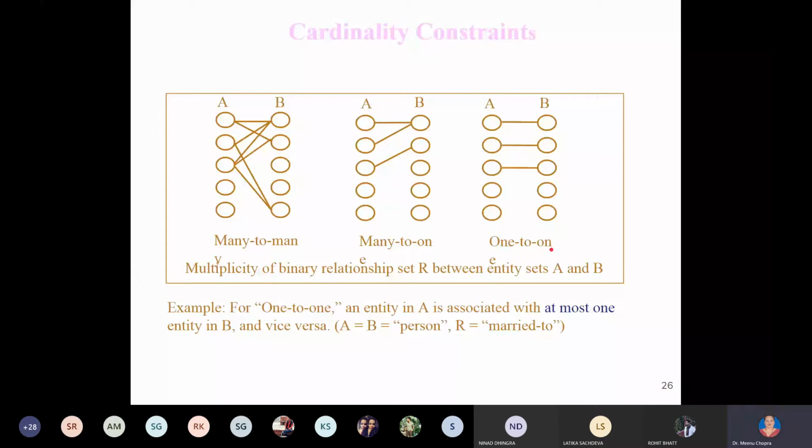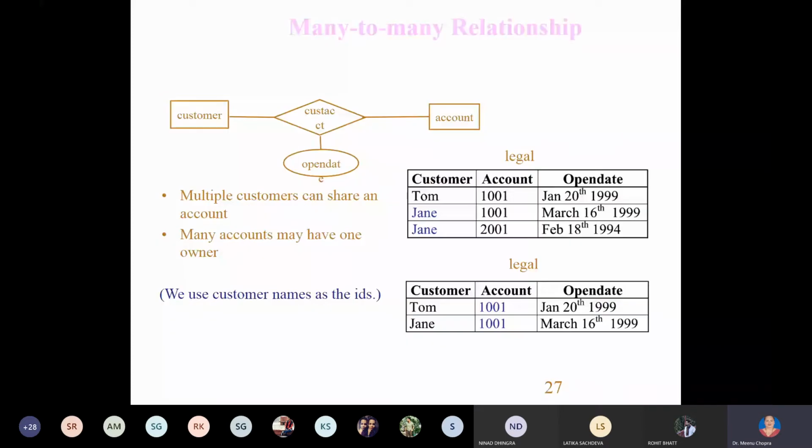Similarly, customers we have discussed so far. This is your table. These are the relationships. And in this way, the relationship also has an attribute. So this diamond shape is your representation of a relationship, and these are called your entities, which also have attributes. Fine. So many customers can share an account number. Many accounts may have one owner. Fine. So this is a relationship, and this is an attribute of the relationship.